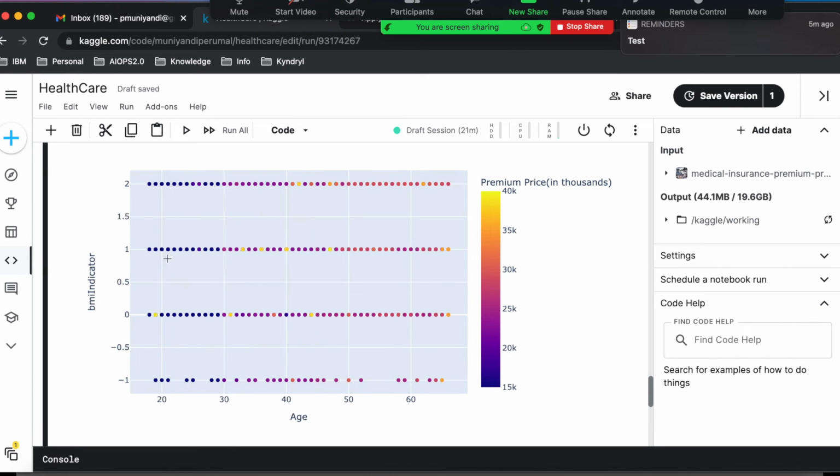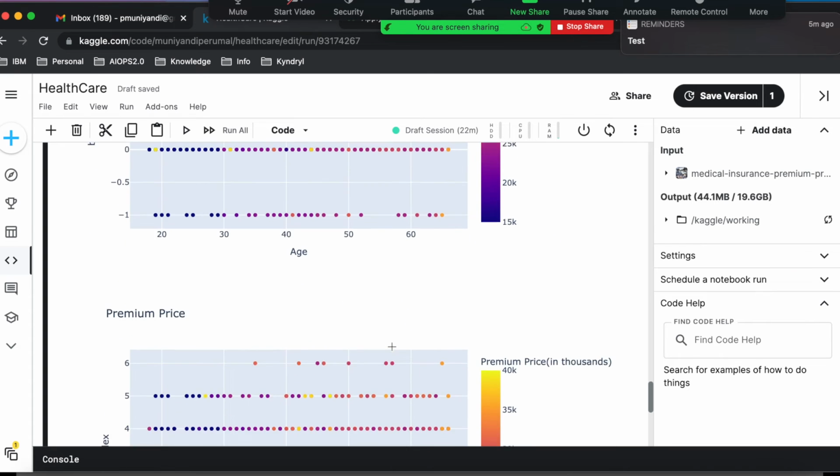They paid very little premium. Did you notice the blue color? But as the age goes up, they start paying more premium. So age is a major factor in how the premium is calculated. By this diagram, what I understand is that age is a major factor. Correct? See, if we come here,